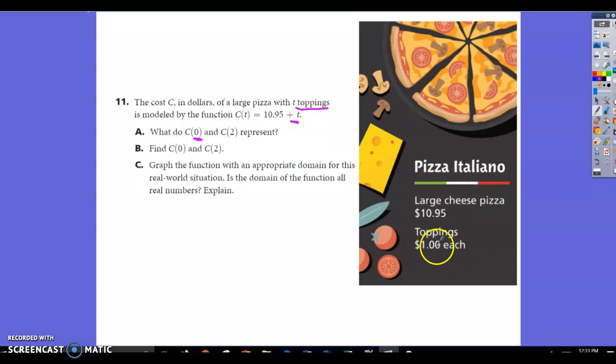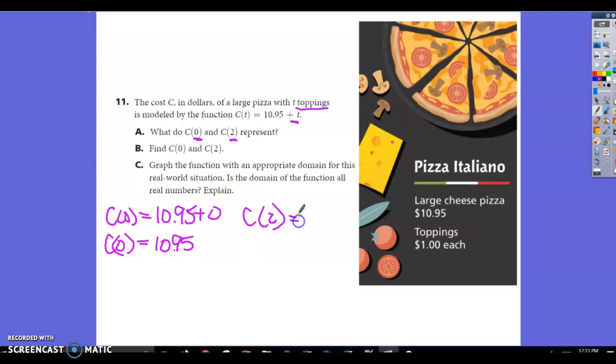Each topping is $1. All right, so C of 2 would represent 2 toppings on this pizza. Okay, so it says find C of 0 and find C of 2. So C of 0 equals $10.95 plus 0. So 0 toppings, your pizza costs $10.95. If we get 2 toppings on our pizza, C of 2, it's going to be